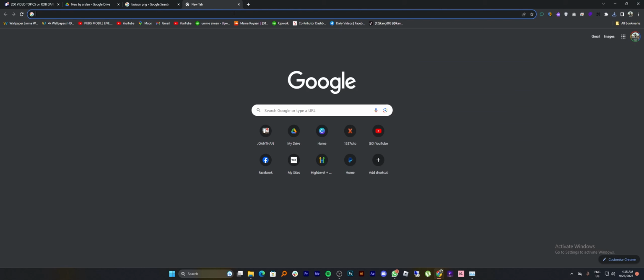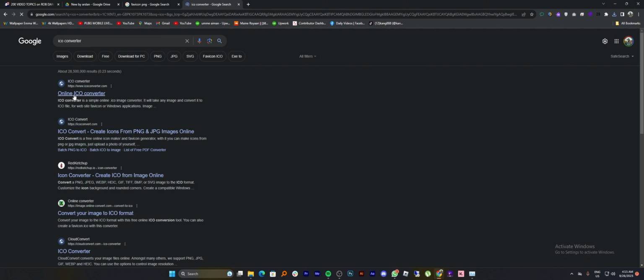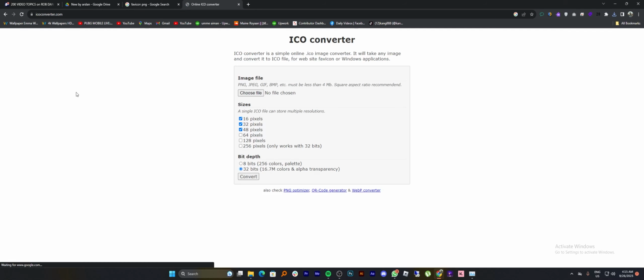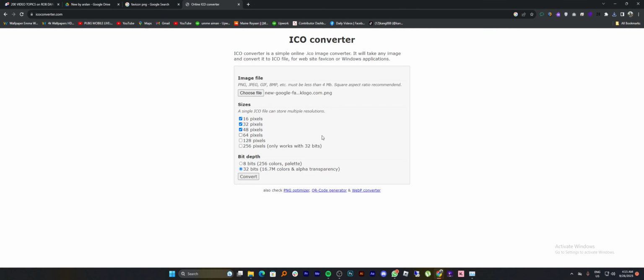Moving on to the next step, open up the new tab and search ICO converter. Then click to open an online ICO converter site. Now choose a file you want to convert. Select the image and you can also choose the size and bit depth of the image, then tap to convert